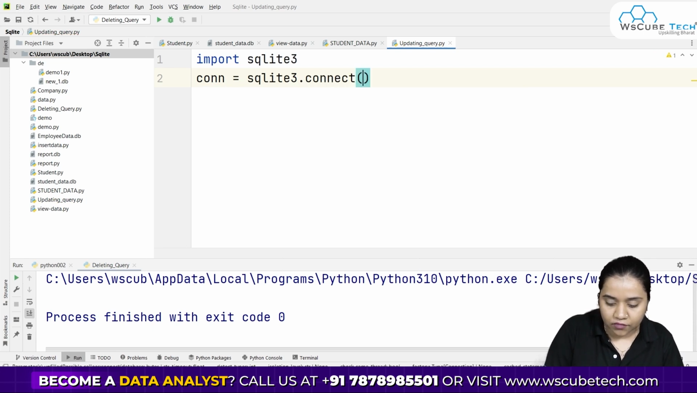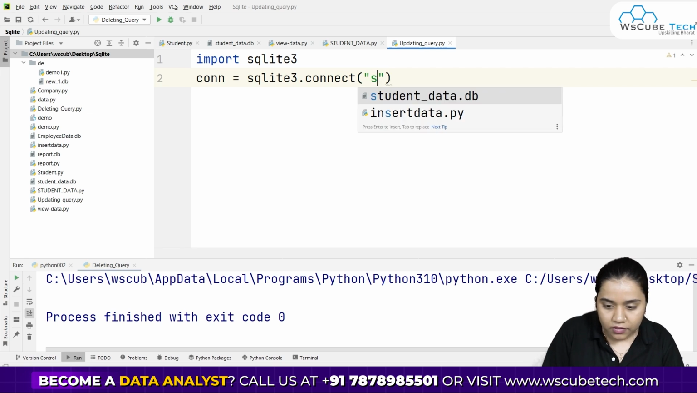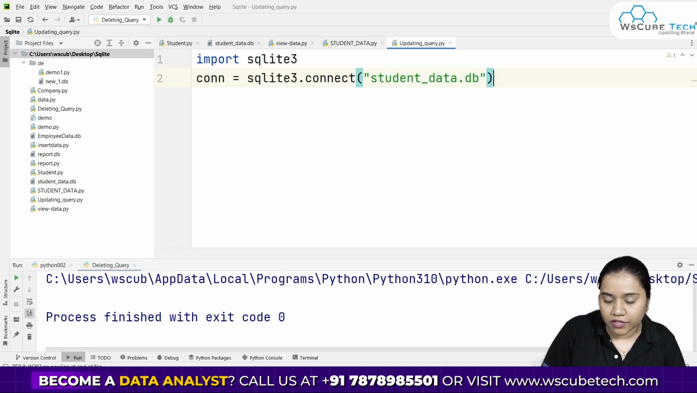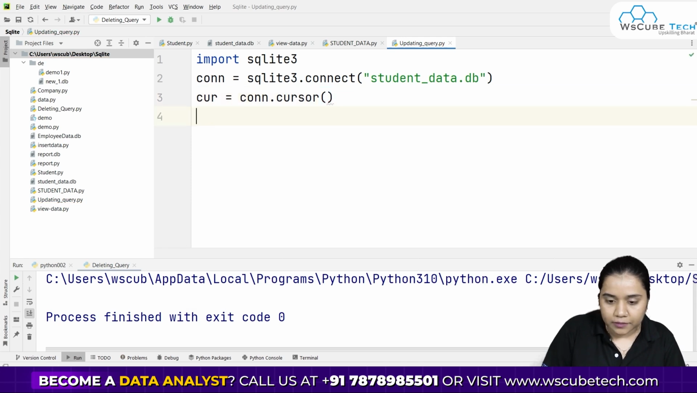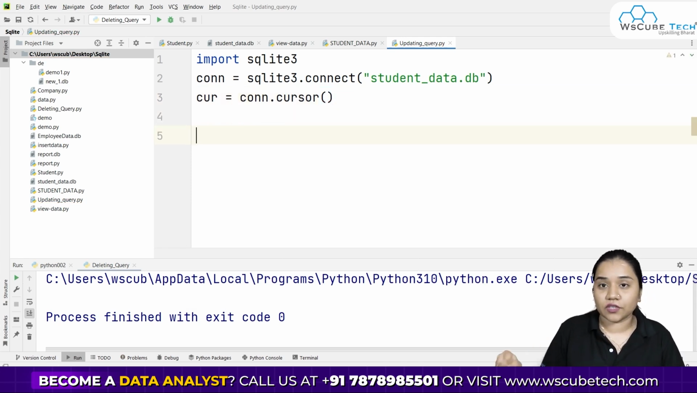sqlite3.connect, and we will be connecting it with our browser, that is our student data. So student_data.db over here. Right, after this we will be starting our cursor. So cursor is equal to connection.cursor. Right. After this we need to execute this function. What function do we need to execute? That we need to update a data over here. So we will be writing over here that